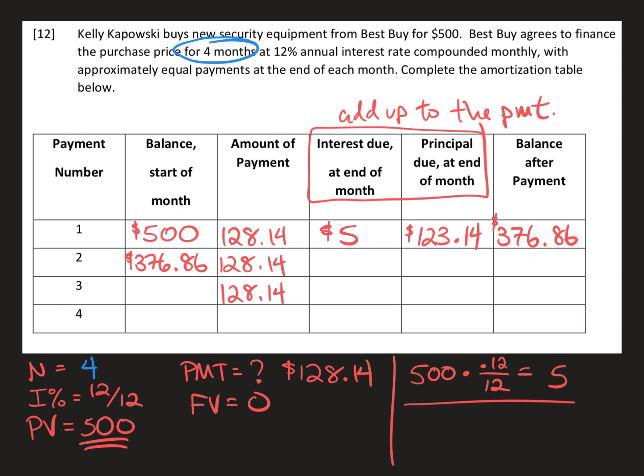So instead of $500, now it's 376.86 times 0.12 over 12 to find another interest amount of $3.77. And from there, we do the same thing. If we know this is the payment and this is the amount of interest made out of this payment, then we can just subtract the two to get